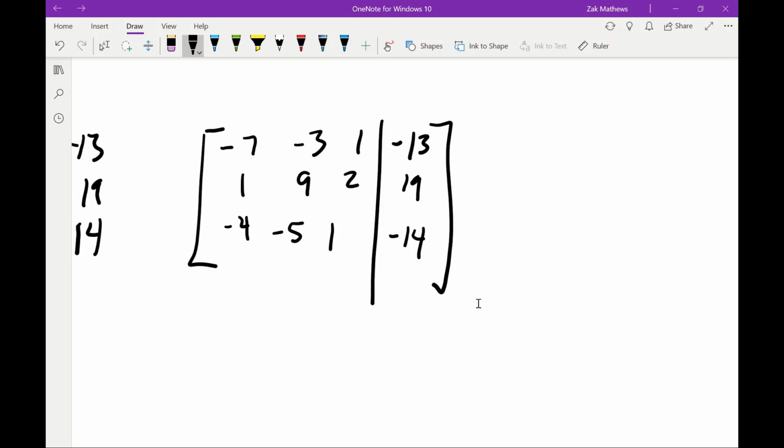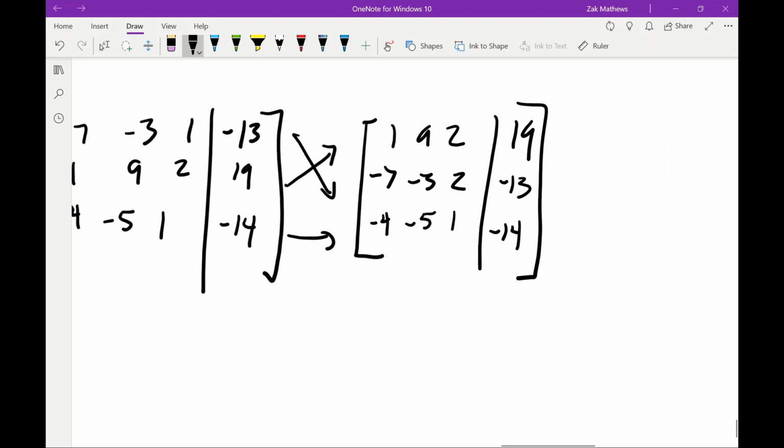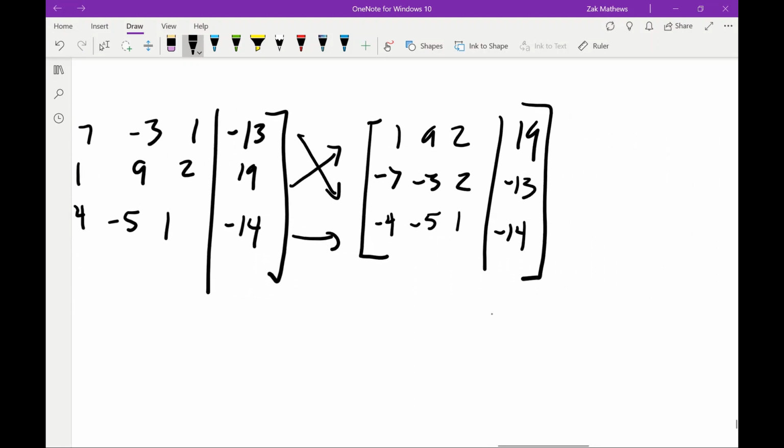However, there was a third step that I said we were allowed to do, which is always rearrange. So I see a 1 in that first row. Why don't I just move that up to the top, and then I don't have to do any math, and I already have the 1 in that first position. I'll just drop that first line down to the second line, so -7, -3, 2, and -13, -4, -5, 1, and -14. So just by doing a simple little rearrangement, I haven't done any real math here, I already have a 1